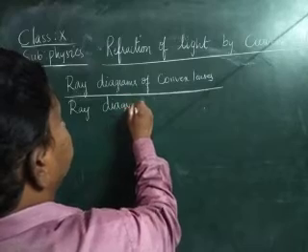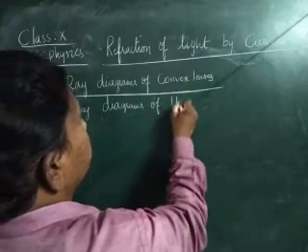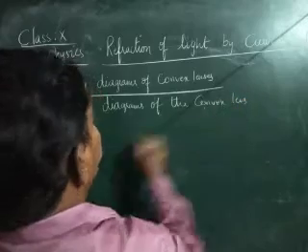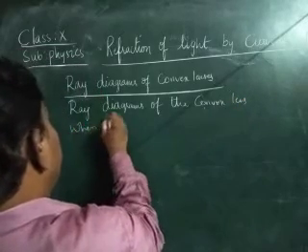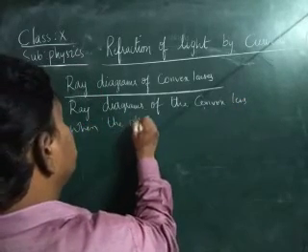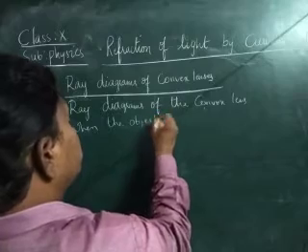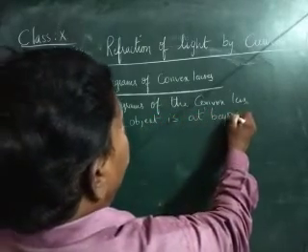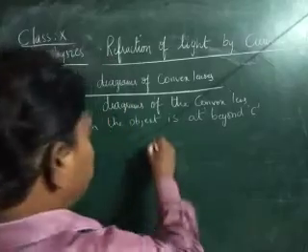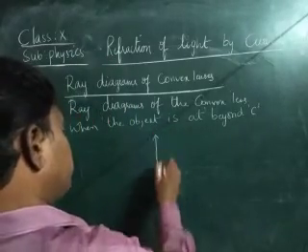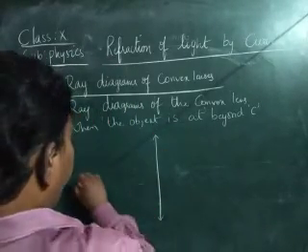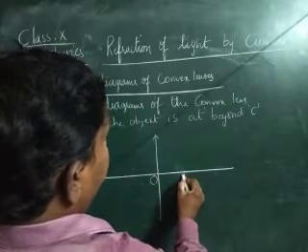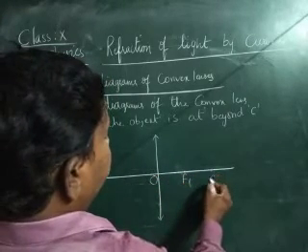Okay, next, ray diagrams of the convex lens when the object is at beyond C. Object is at beyond C. Same, optic center, F1, C1,